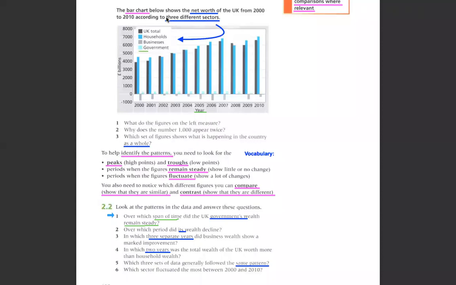Remember, we're looking at the light blue. A lot of you are not writing enough years. Little change also means it remains steady. Remain steady doesn't mean no change at all. It means little change. So if we have a look here at this line,